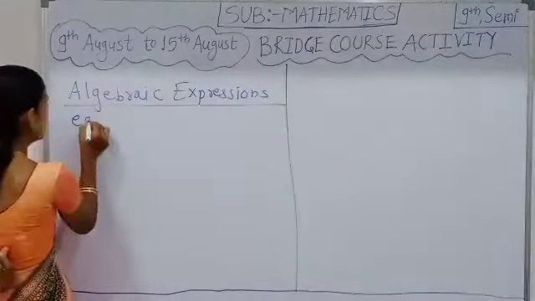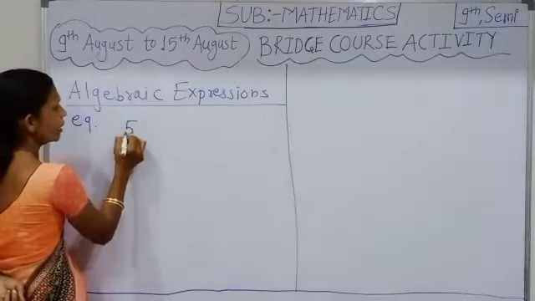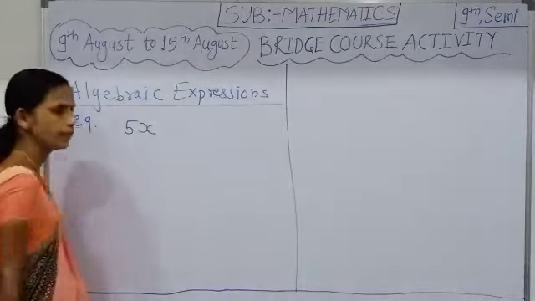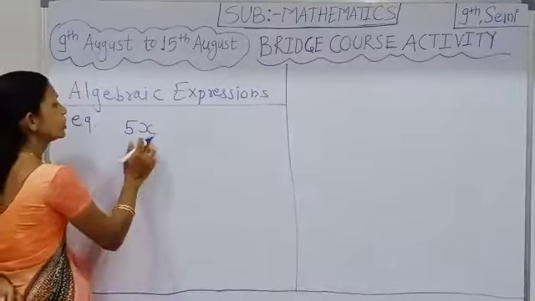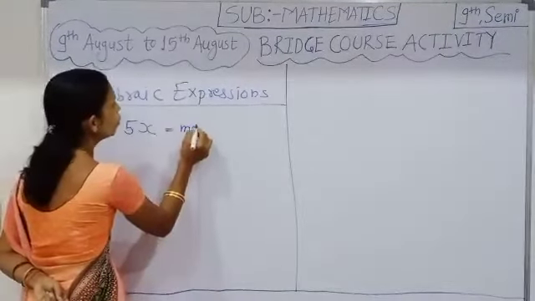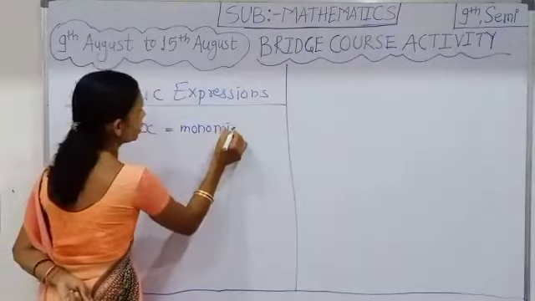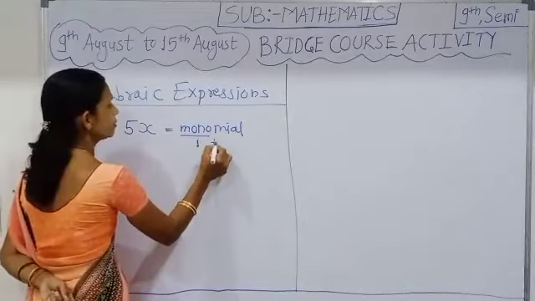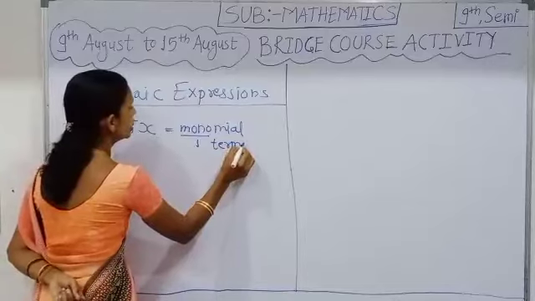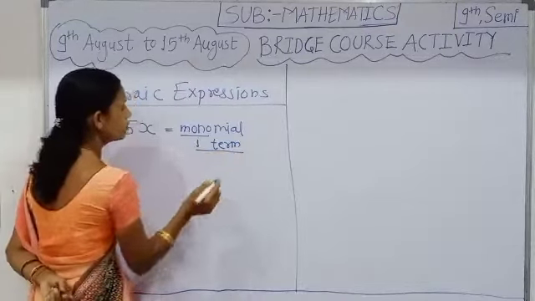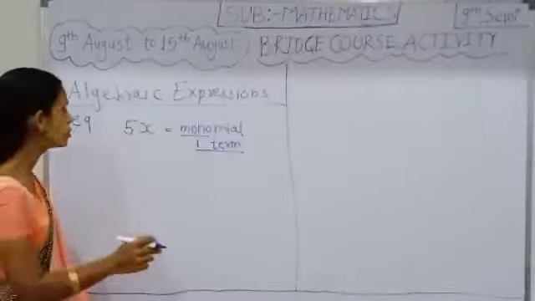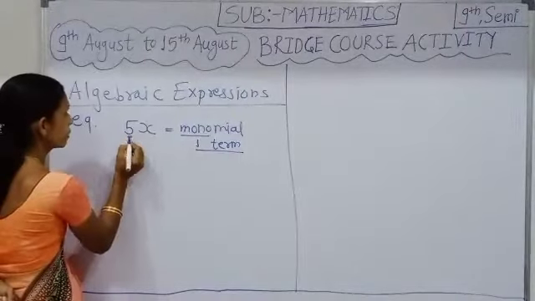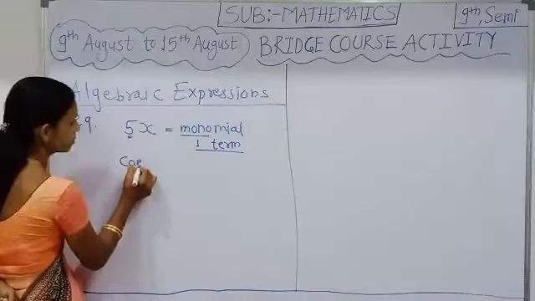For example, 5x is an algebraic expression which is known as a monomial. Mono means one, that is, it contains only one term, and that one term is composed of one coefficient,